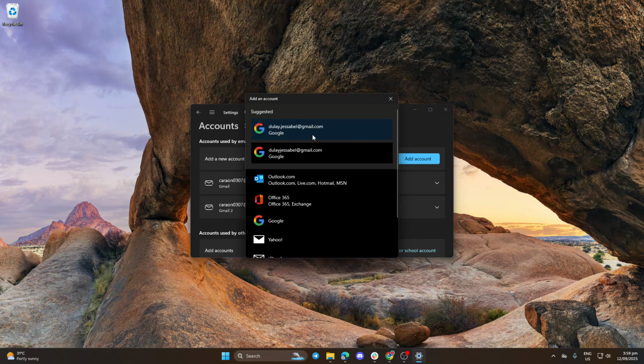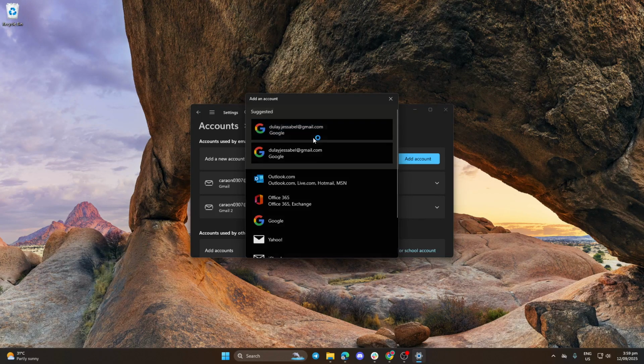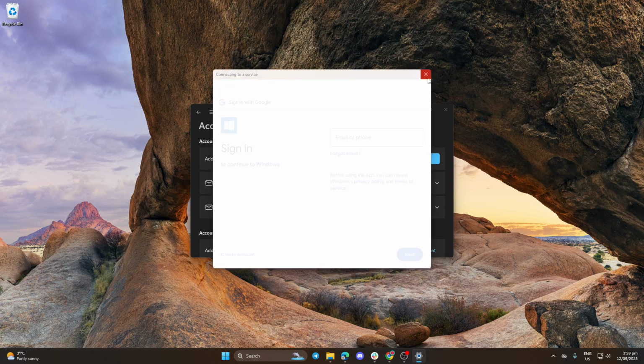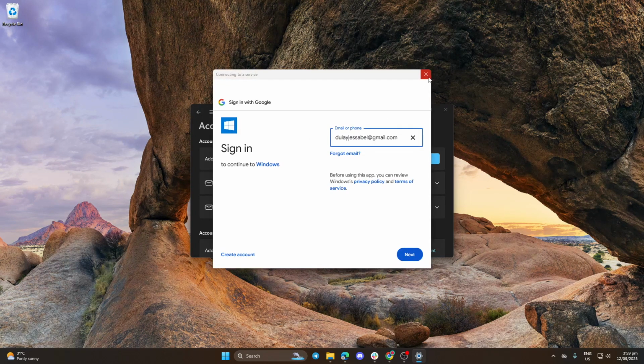The next step is crucial. You'll need to sign in with your Google account. This involves entering your usual Google email and password. Once signed in, the system will prompt you to allow certain permissions. Be sure to grant these permissions as they are necessary for syncing your calendar events and ensuring your data is